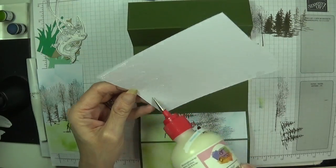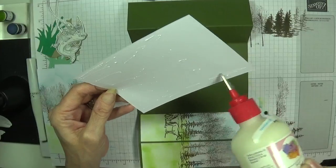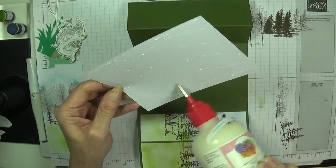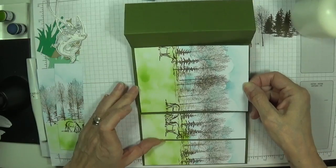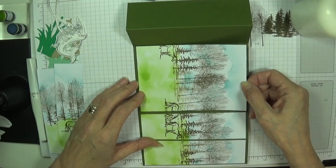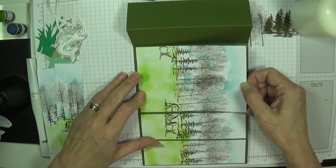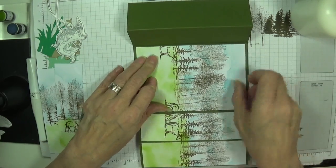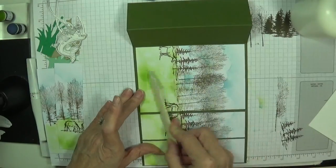It's all about building a scene more than anything. You could do it with pattern paper, this style of card, and just have things popping up where you want them. You don't have to build a scene. I just fancied the fishing one. I've been doing quite a few fun fold cards, and we don't want to let the gentleman go without as well. So just going to give these a burnish,